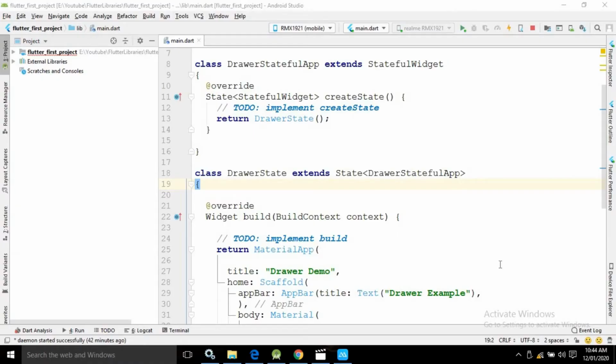Hello friends, myself Amar. Now in this video I will discuss how to create a navigation drawer in Flutter. To do that, I have created the project, and inside the project, inside the